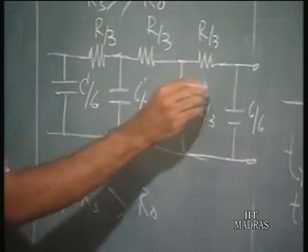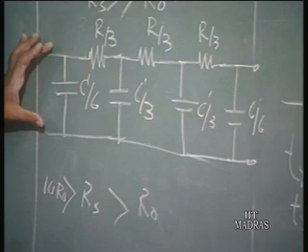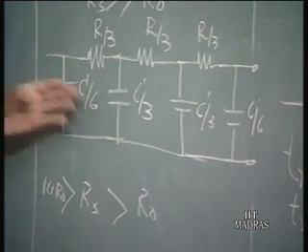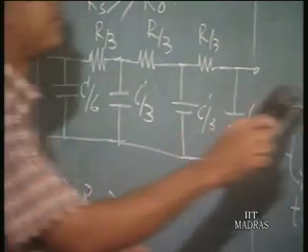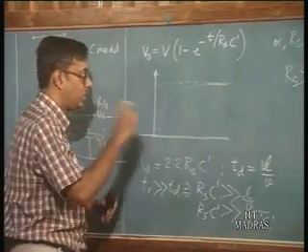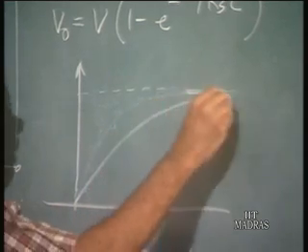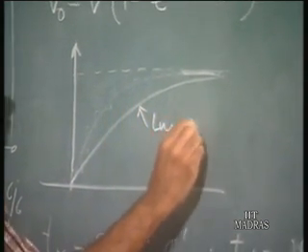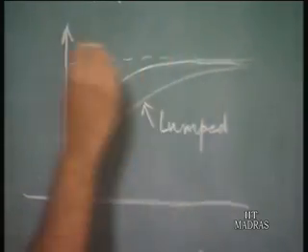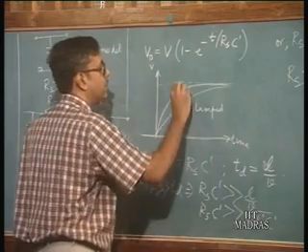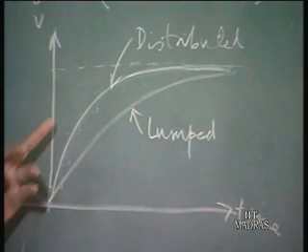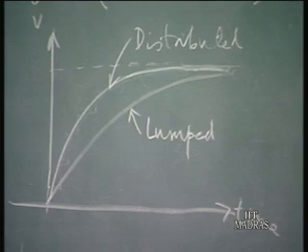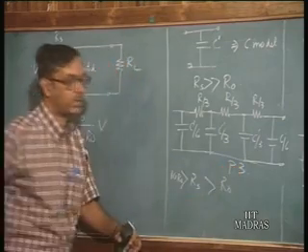So basically we do not have a single resistance and capacitance, but this is distributed, and we find that this gives more accurate delay values for the line. In fact, if we take the lumped value, that is only one resistance and one capacitance, it is going to be something like this. This is for lumped. If you take a distributed value, it goes like this. This is voltage versus time. So this is distributed, and it gives a more accurate representation, and the lumped representation gives higher delays than what is to be expected normally. So this is called the 3-section pi model or the P3 model, and this can be used